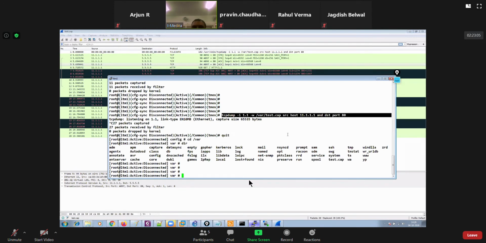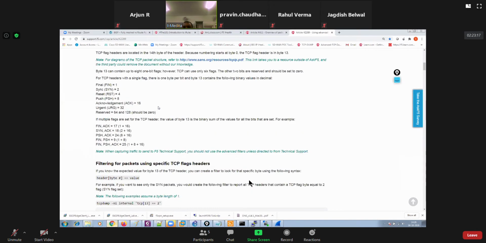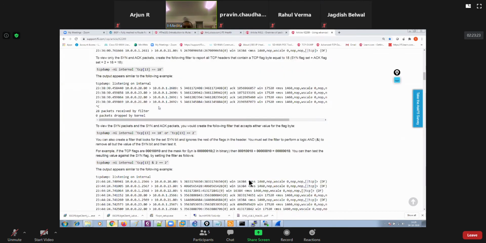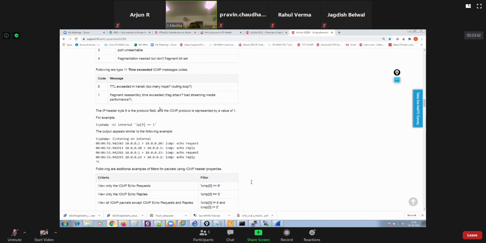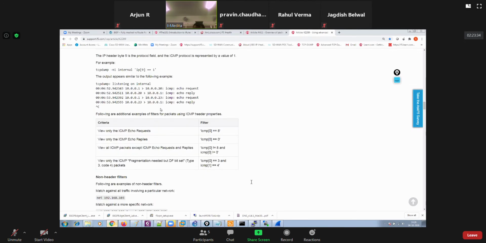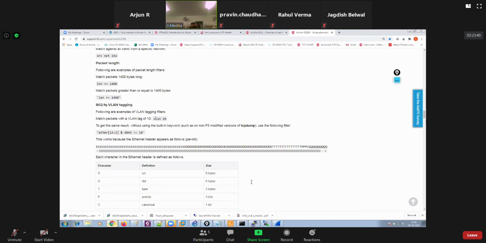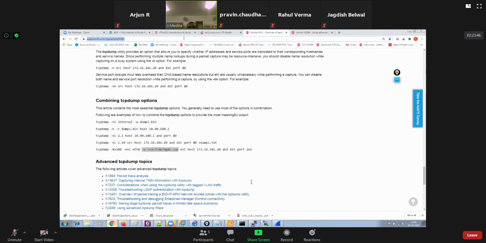So you have some advanced filters as well that you could go through with. So if you go to advanced TCP dump filters, right? So you can even define like SYN, FIN, right? TCP headers, right? So these all are advanced filters. ICMP, if you want to capture the ICMP packets with using ICMP header like that, so even length you can define. You get my point? So these all are advanced filters.